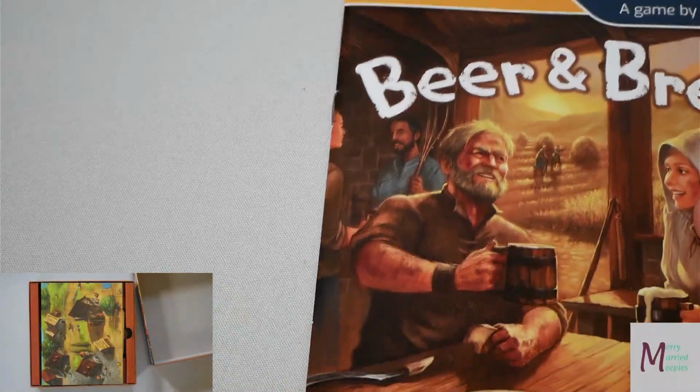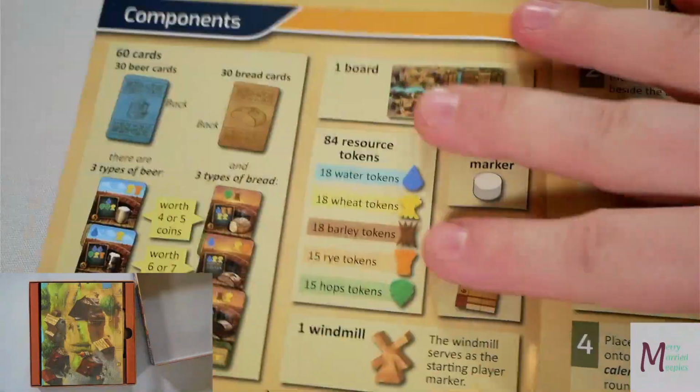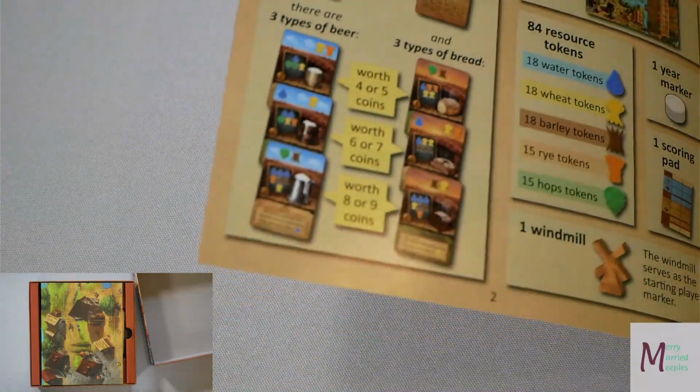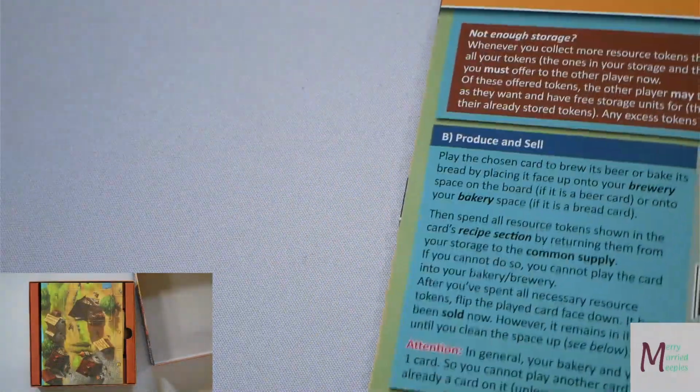Let's open the lid. First, we have the rule book. It's going to be pretty up close because I want to leave it up close so you can really see the cards and the other components. But it is actually a really good rule book. It has good diagrams of everything, of the setup. Bring it around, what you do on your turn,